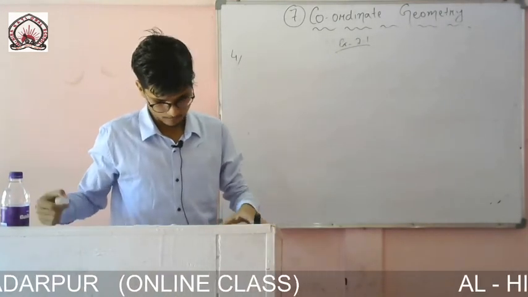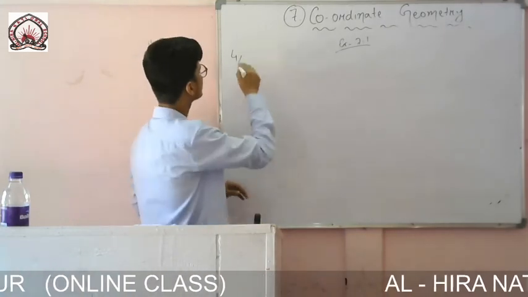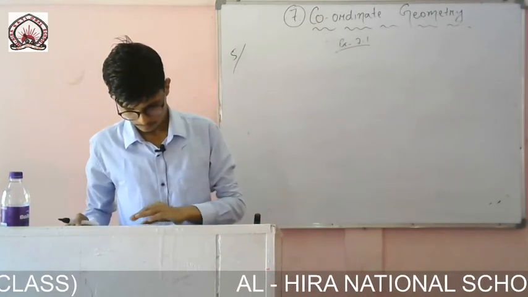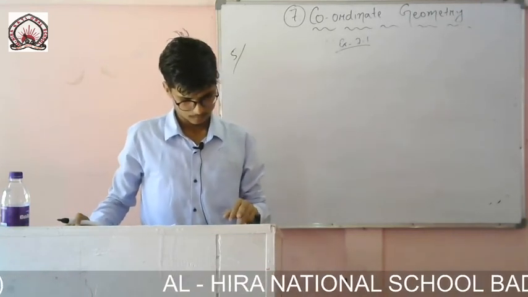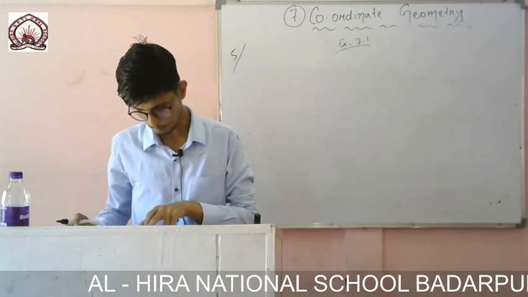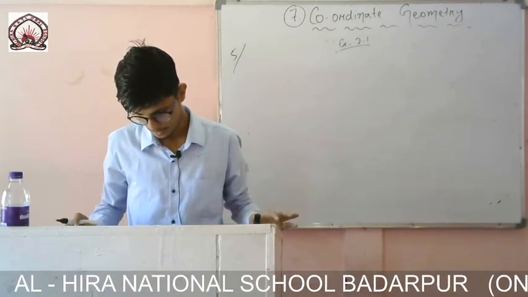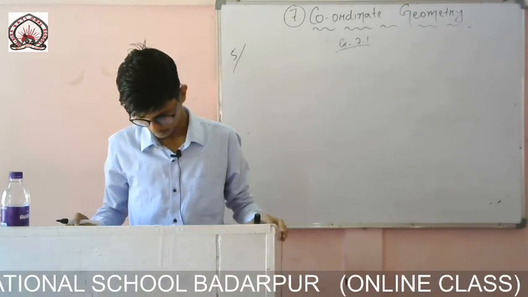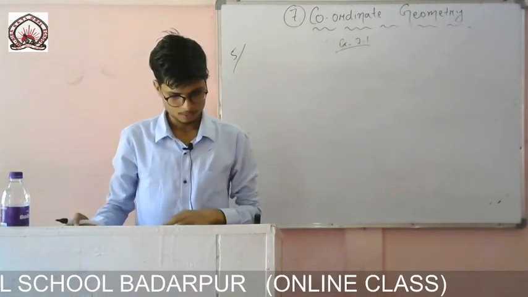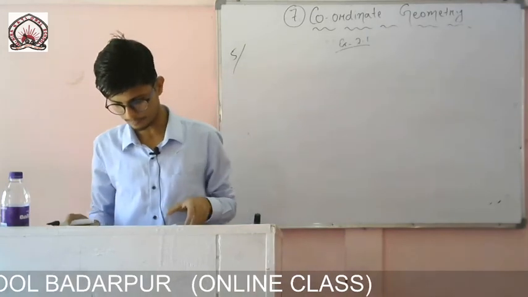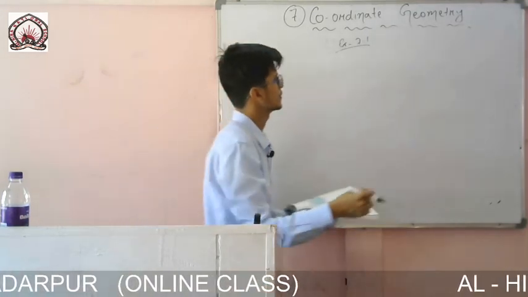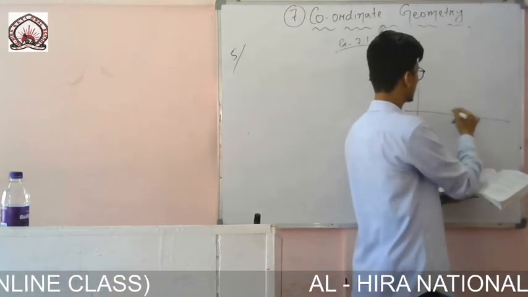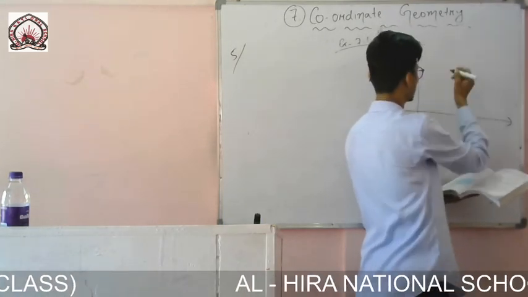Now let us solve it. In the classroom, the points are given as A, B, C and D, and it's shown in the figure. The coordinates are given on the figure, and you have to find them. Let me draw the rough figure. I am not giving the sides, I'll just simply write the points.